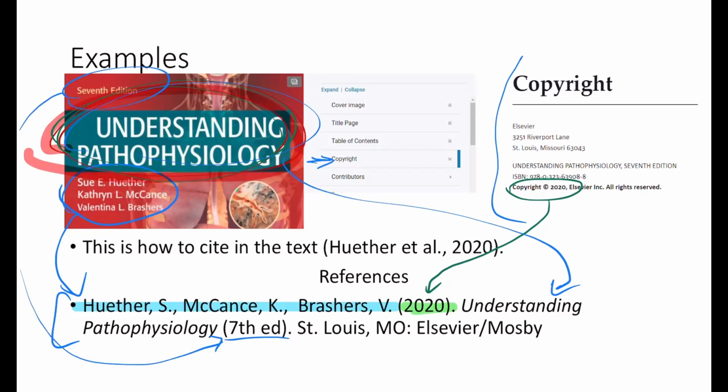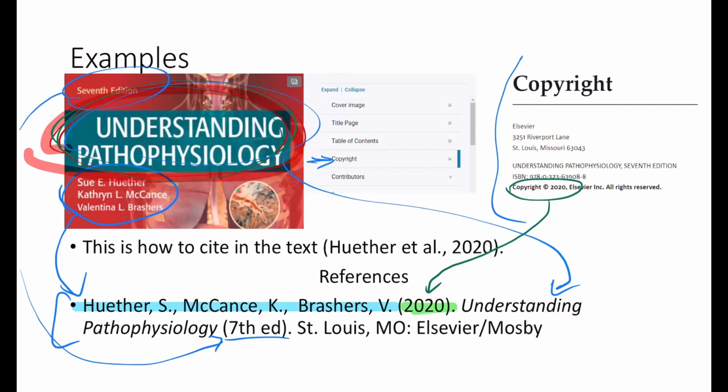That's not something that I care too much about because as long as I have the title, I can go back and find where you got that information, what book you used. But if you want to be perfect for other classes where you might have to write papers and they're going to grade you harder on your APA, do italics. I'll give you guys feedback on things like that. But as long as I can figure out where you got the information from, I'll be pretty soft on my APA grading.